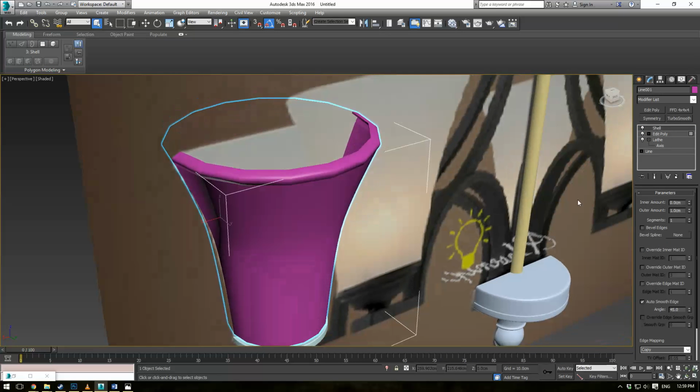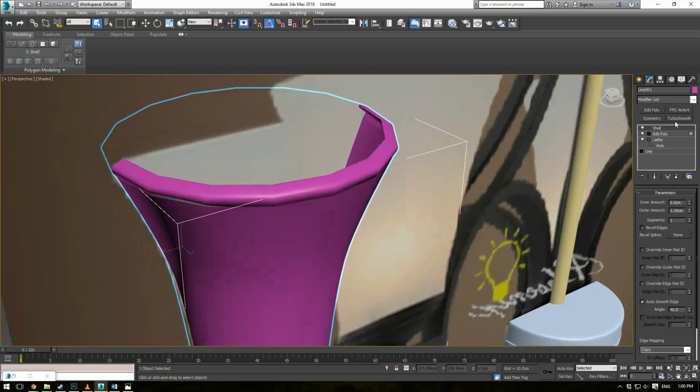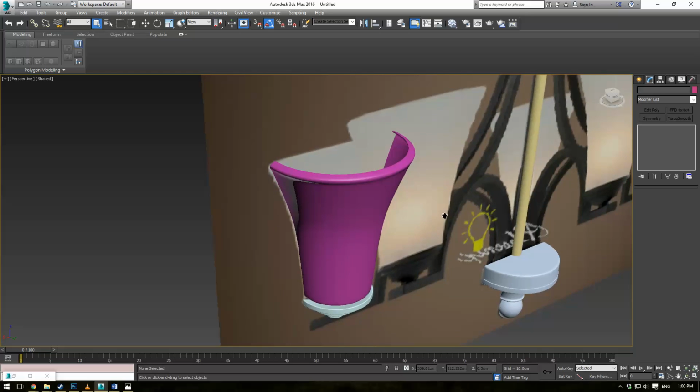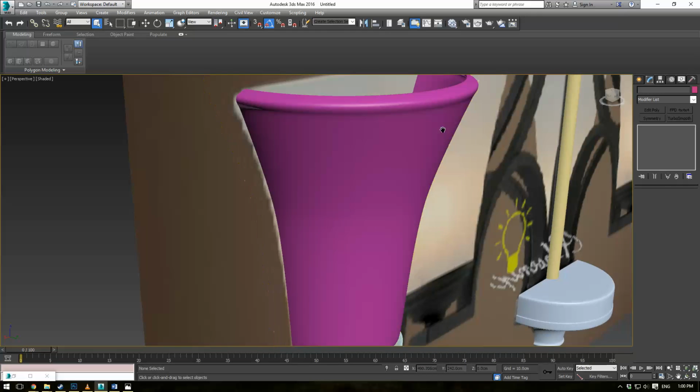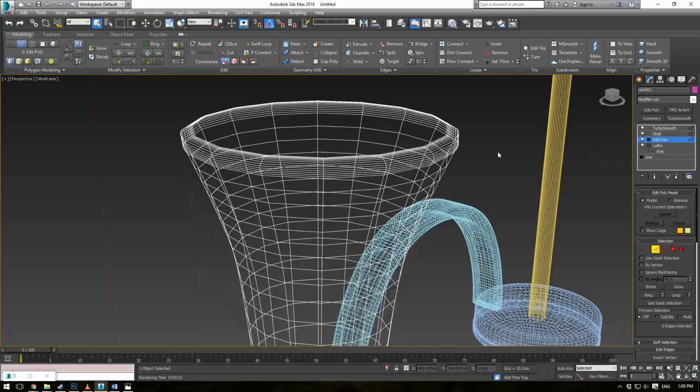So now with your shell modifier, you can just increase the segments here a little bit. And let's see, we don't want to bevel the edges. And let's go ahead and apply a turbo smooth on top of that with 2 segments. And that'll give you an overall very nice looking shape. And maybe actually we want to